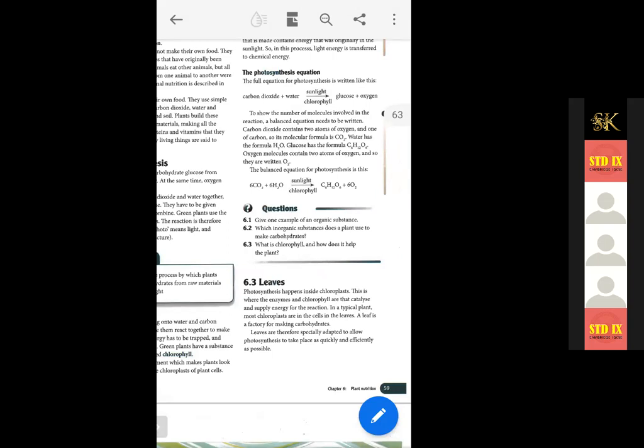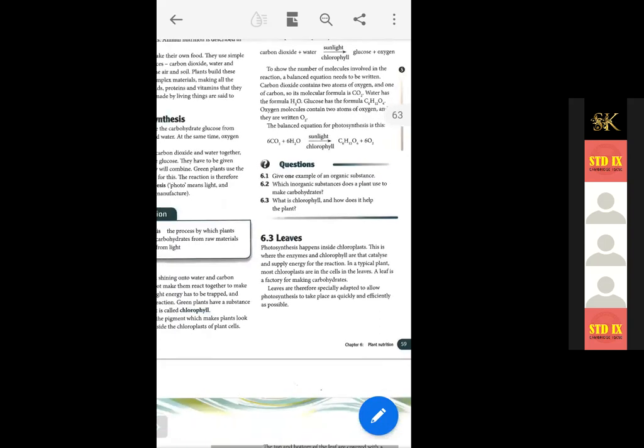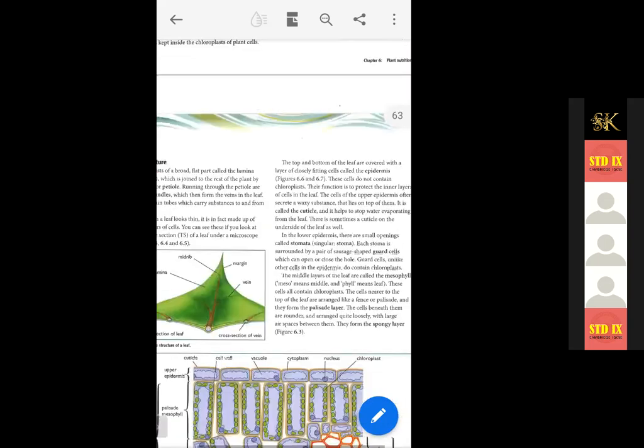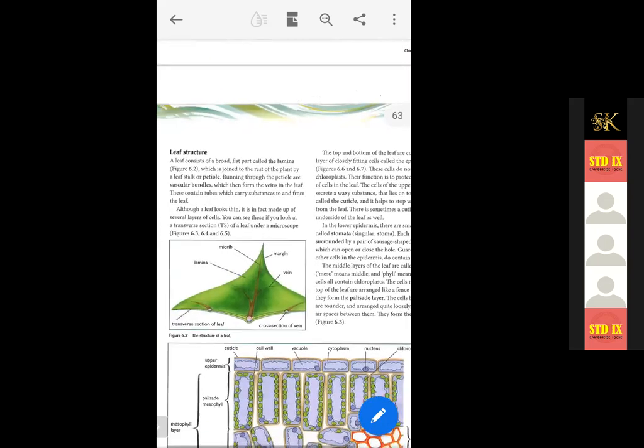Okay. So what happens to the substances present on the left hand side of this equation, that is carbon dioxide and water, that you have written yesterday? And what happens to the substances that are present on the right hand side of this equation, that is glucose and oxygen, that also you have written. Yes, we did. Now we'll do question number 4.